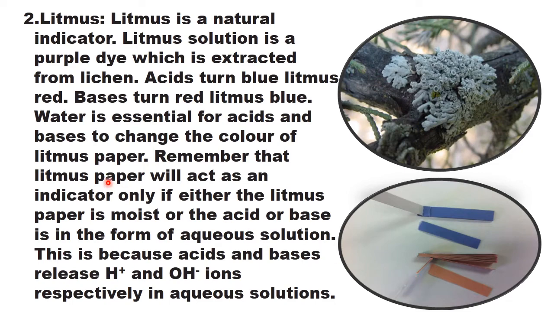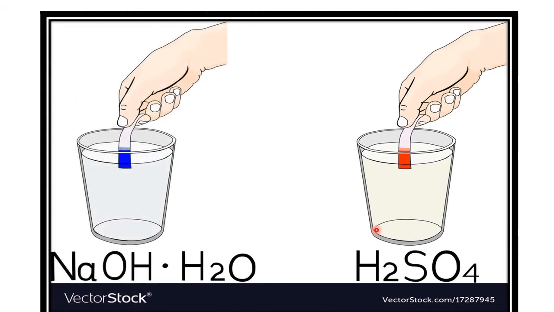And how do we use them? Let's see how we use acids and bases to find out using a litmus paper. So if you have a base dissolved in water, an aqueous solution of base, and you add litmus paper in it, if you add a blue litmus in it, it will remain blue only.